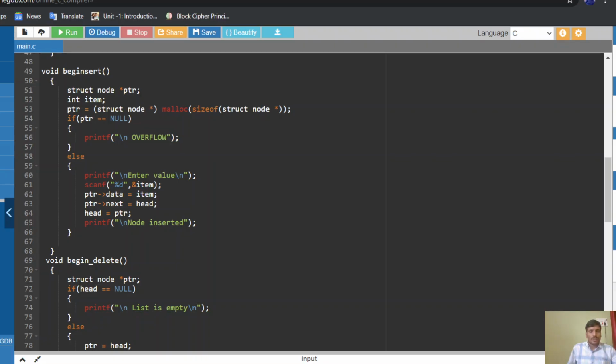Next is equal to head and head equal to pointer. Now head will become the pointer, and the node is inserted. So this is the logic of the program where a newly created node pointer is inserted at the beginning. So head equal to pointer means this pointer, the new node, is placed at the beginning of the linked list, which is head.